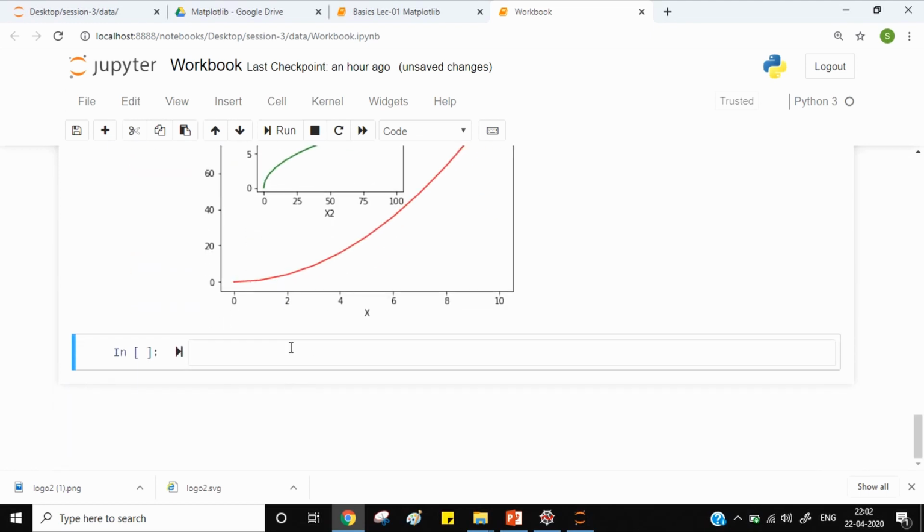Okay, so let's continue. So we were talking about subplots. The syntax is something like this: fig, axes = plt.subplots. The subplots will return the figure object and it will be stored in this variable, and it will also take care of the dimensions or the axes, and they will be stored in the axes variable.